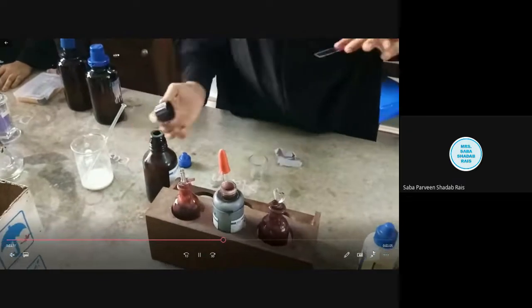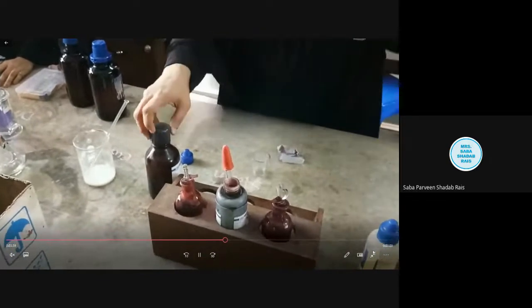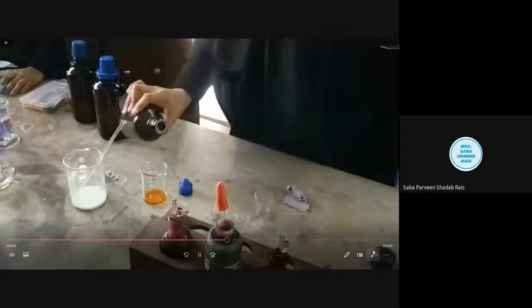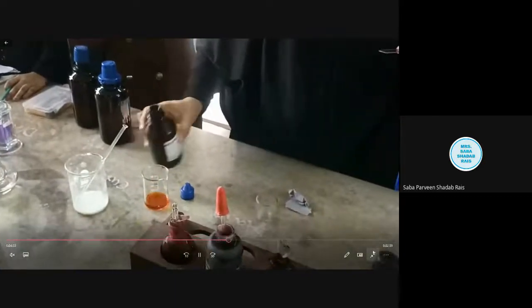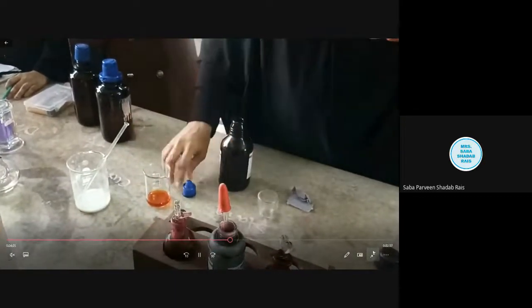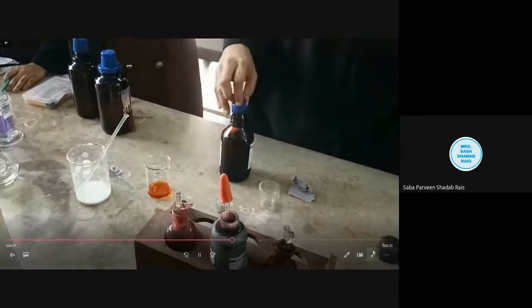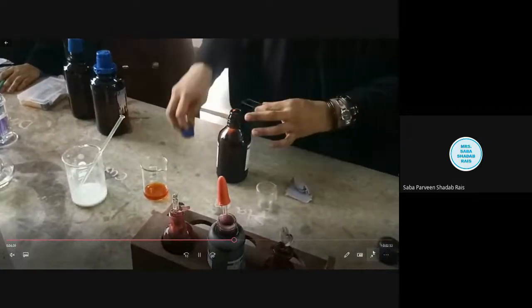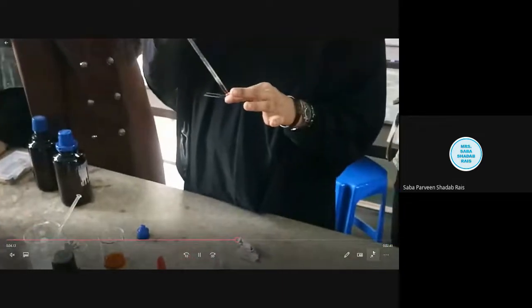At this particular stage it is going to form the CV-I complex, and this CV-I complex is insoluble and it will remain inside the cell. So keep it for 5 minutes.